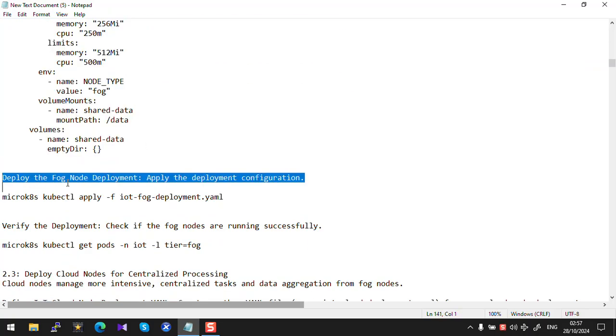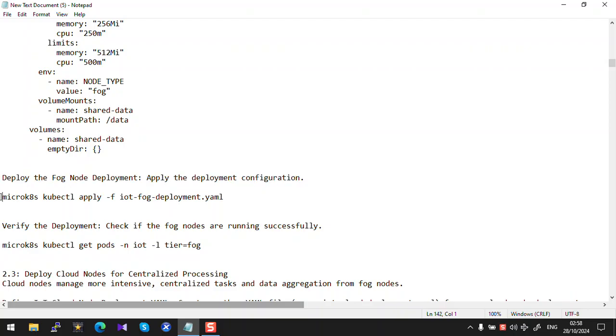and deploy the fog node deployment. Apply the deployment configuration with this command. Apply -f IoT fog deployment.yaml file. Verify the deployment. Check the fog nodes are running successfully with this command. microk8s kubectl get nodes, get pods -n IoT -l tier=fog,